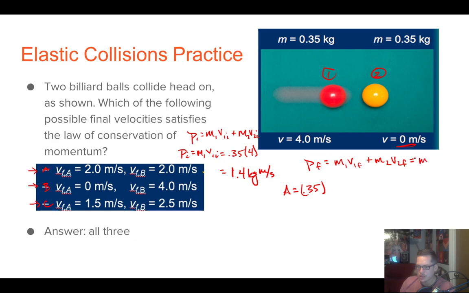So m times (v1f plus v2f). So 0.35 times v1f, which is 2.0,